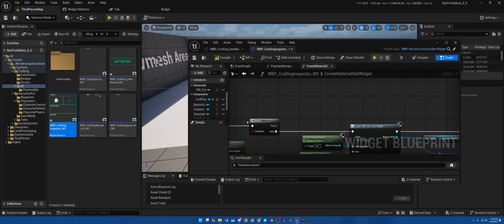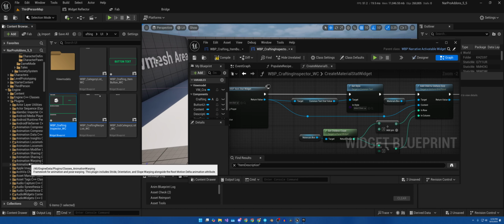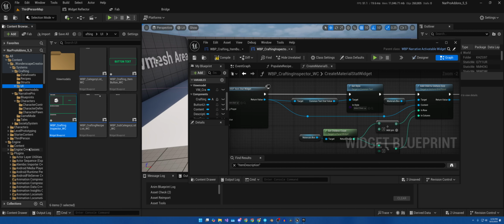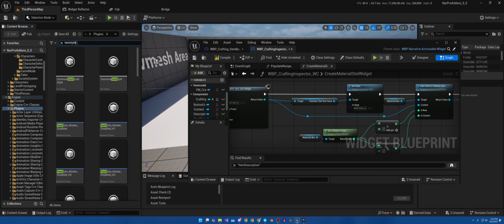So we need to create our red font. If you recall in the very first episode, we had the font be red if we didn't have enough. So we need to set that up now. So what we need to do is find in the engine plugins. Obviously, if you have it directly within your project, you're not going to have to search as deeply as me. So I'm just going to hit plugins here and search for text style